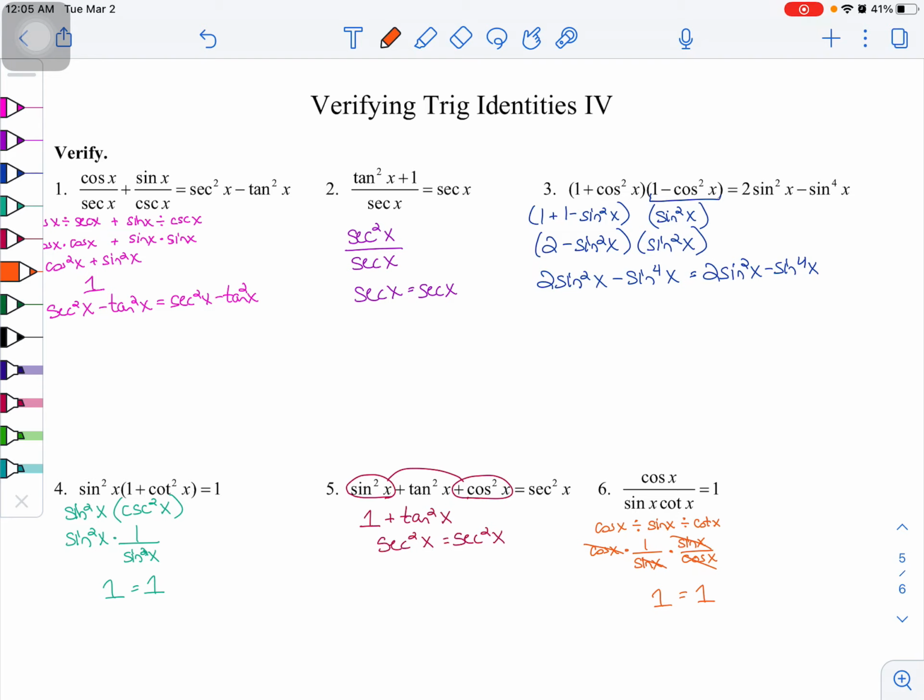As I said, I will have the answer key that will have the simplifying problems that are on all the pages. If you have any questions or concerns, please let me know and I will help you out as best I can. Again, if you want to try one of these problems a different way,